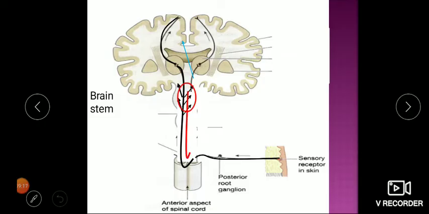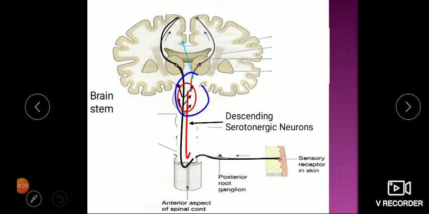So because of this, there is stimulation of a descending pain fiber. So descending serotonergic neurons are stimulated. So at this area, the different nuclei I mentioned get activated because of the pain stimulation. Now from here fibers arise and come down. As they are coming down, they are called descending, and as they release the transmitter serotonin, they are called serotonergic neurons. Now they will stimulate some interneurons in the spinal cord here.